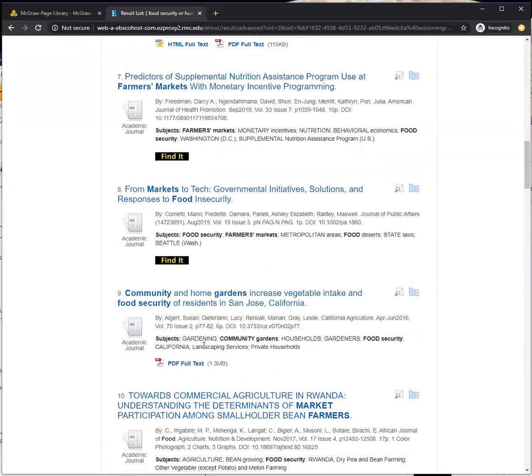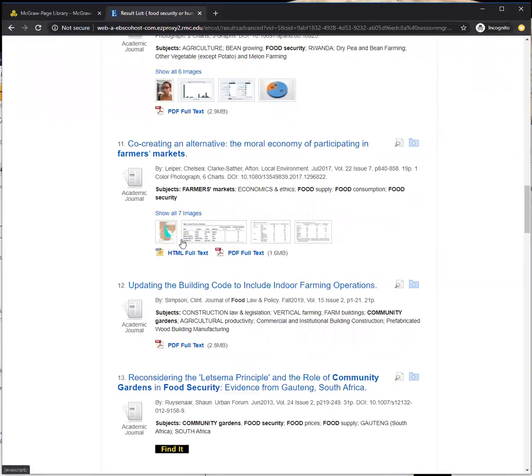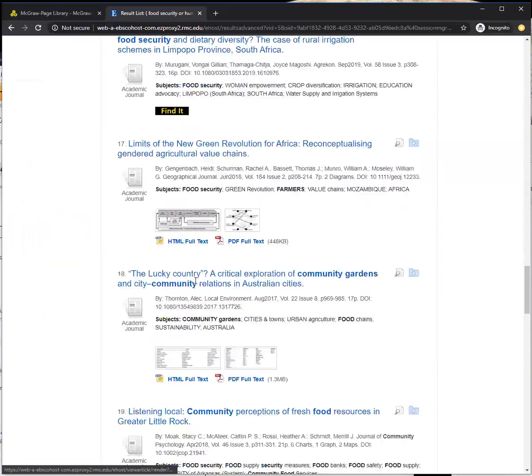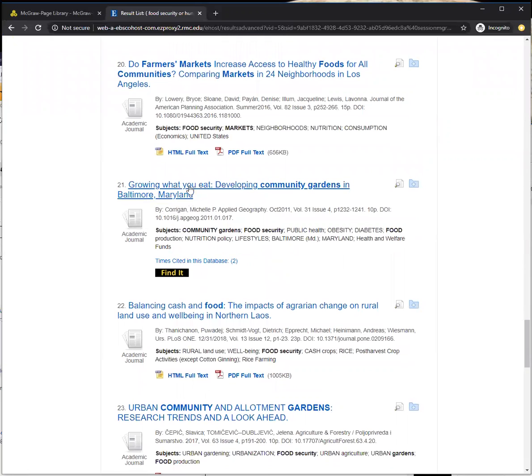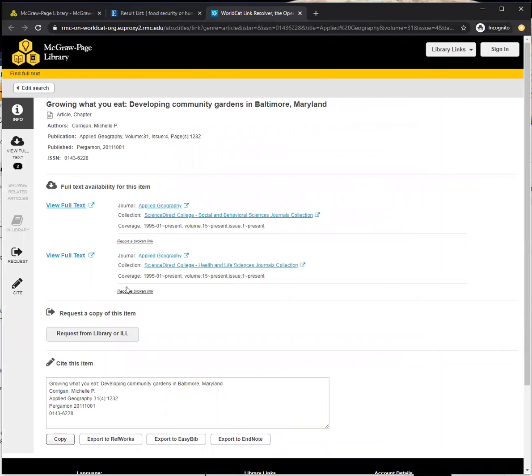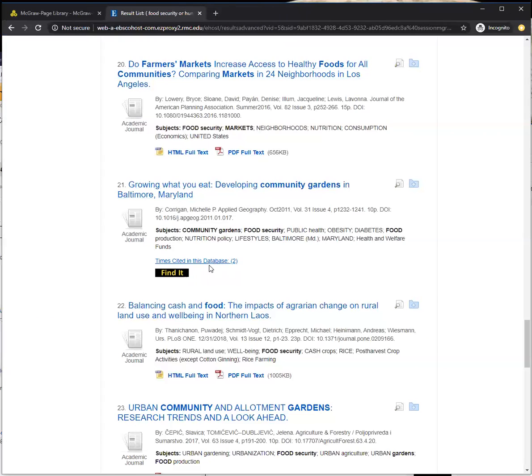You may have noticed that a lot of these have PDFs attached or HTML full text attached. Some of them don't. So let's take, for instance, number 21, this one. It doesn't have a PDF or HTML attached, but it does have a Find It button. What's happening is this resource knows this article exists, but doesn't necessarily have access to it. The library provides the Find It button to hopefully get you to this article. It doesn't work 100% of the time because we can't subscribe to all of the journals at once. So if you click on Find It, this comes up and tells you where to get the full text of this article. It's in 2 places. So that's a case of we have this article.